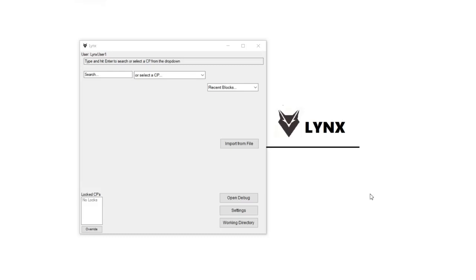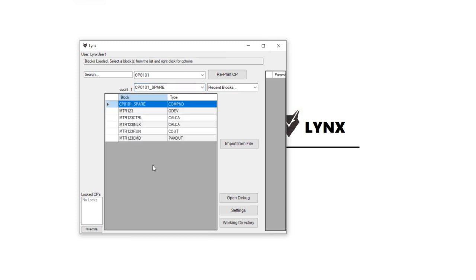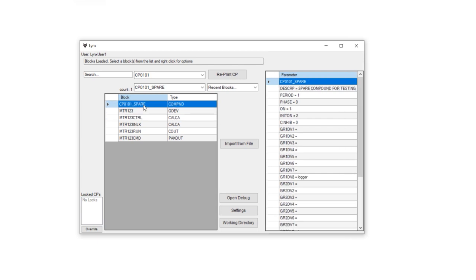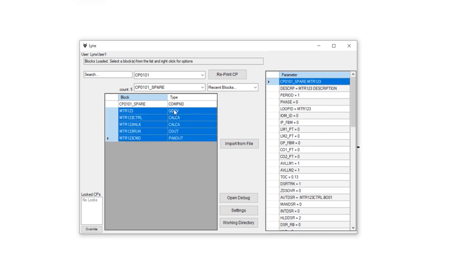Alright, today we're going to be taking a look at how to make bulk changes in the Foxboro system using Lynx. Once you get your Lynx pulled up here, we'll open our CP, look for our compound we're going to be copying, and for this example we're going to go ahead and make a copy of the compound and the blocks. So this is one motor, which is a GDEV,